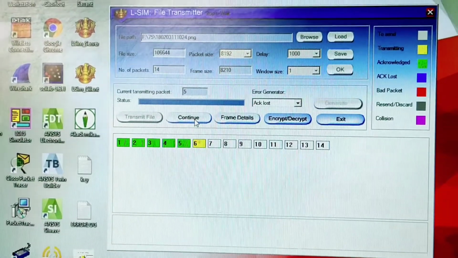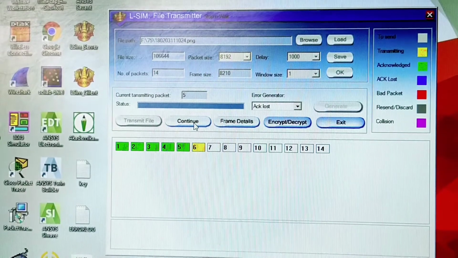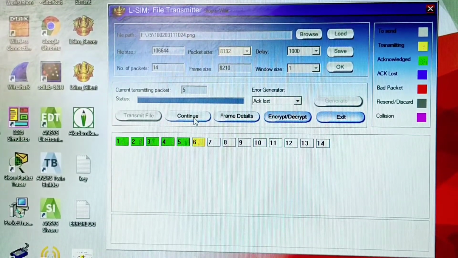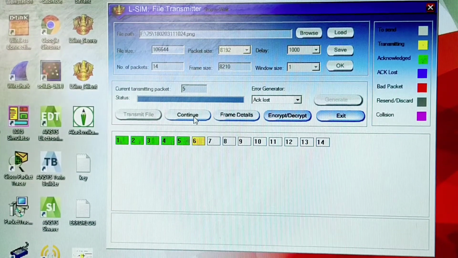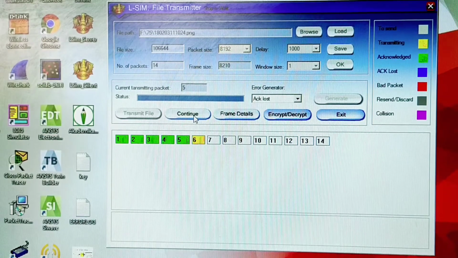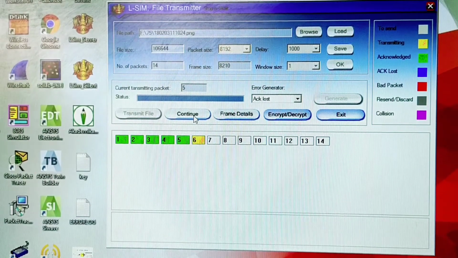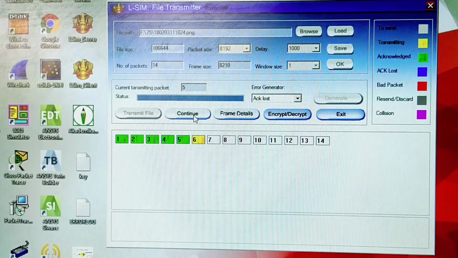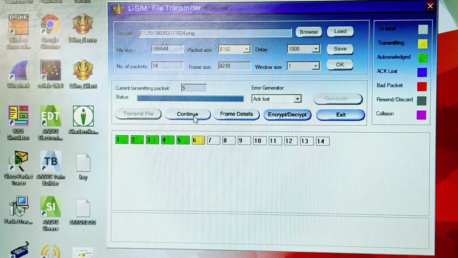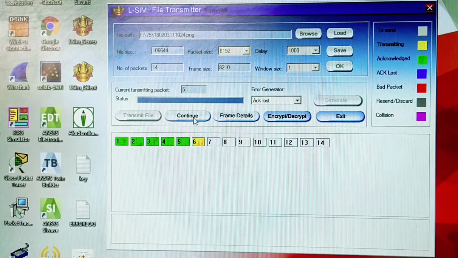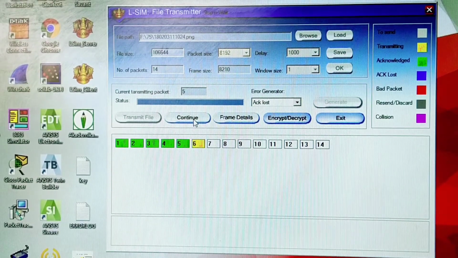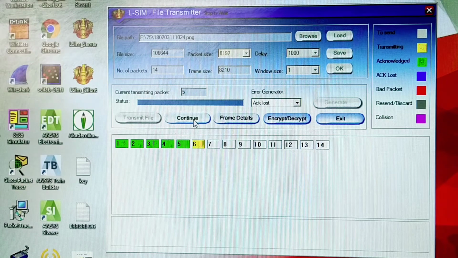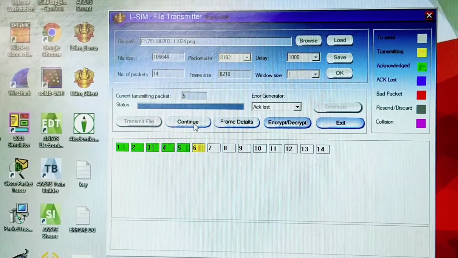So as we know the theory part, whenever a frame is received in corrupted format or lost, or the acknowledgement is lost, in any case the retransmission will be triggered based on the mechanism available, and the sender will retransmit the frame and the reception is done by the receiver.